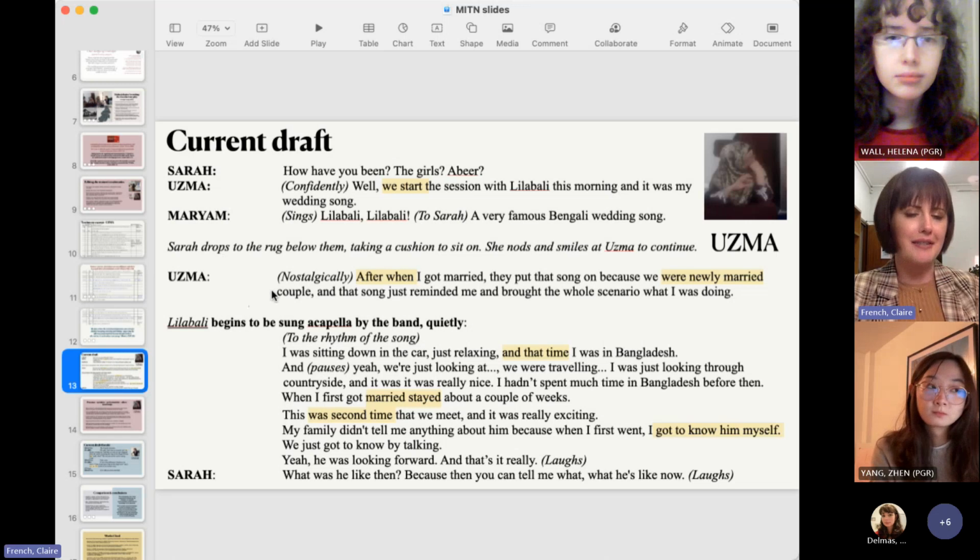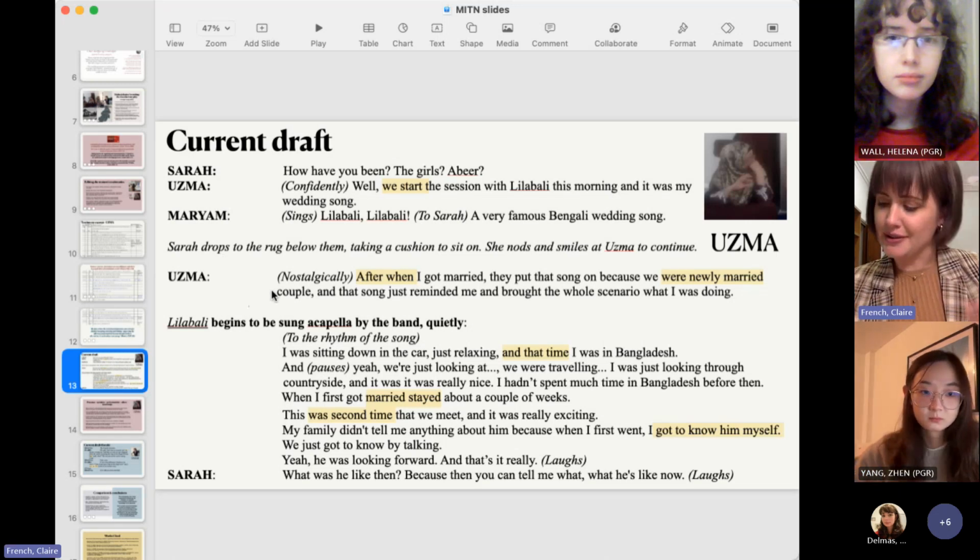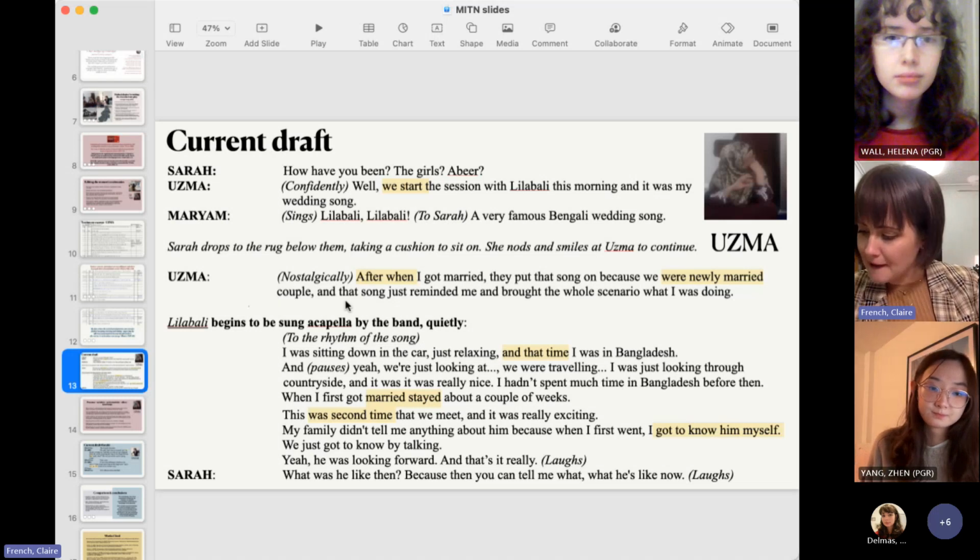And so I'm trying to transcribe that in, maybe to some effect, but I'm still playing around with that.